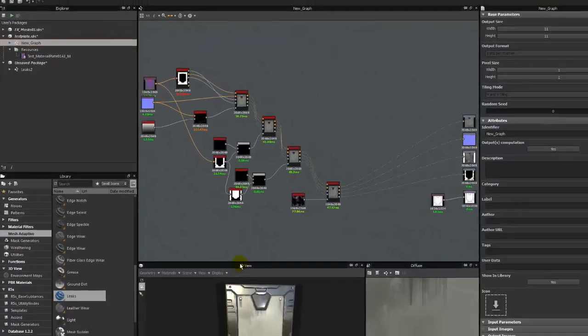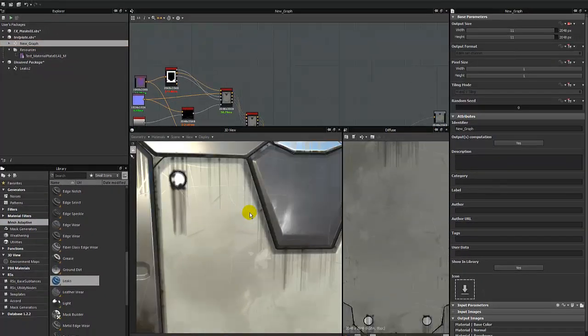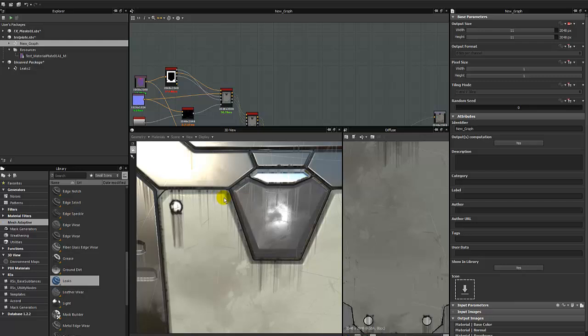If we're looking at this wall, you're like, all right, I want to get an effect that's just in the crevices of this mask, and then it runs